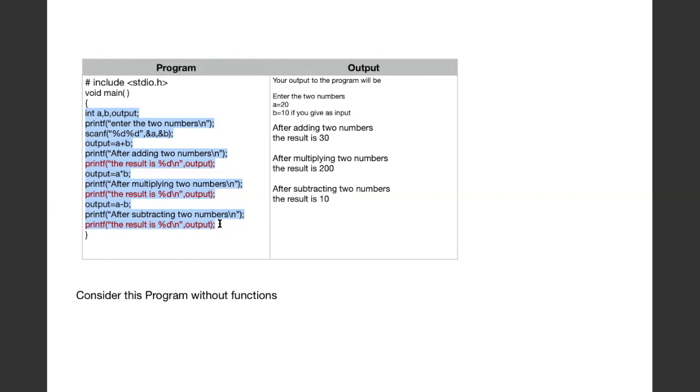So what we are going to see next is how the same program can be written using the concept of functions. As I said, we are not going to put everything inside the main function. That means addition, subtraction, and multiplication will be separate components. They won't be components of main. But as you all know, if something should get executed, it should be a part of main. So we'll see how we make these functions a part of main. So let us go into the next